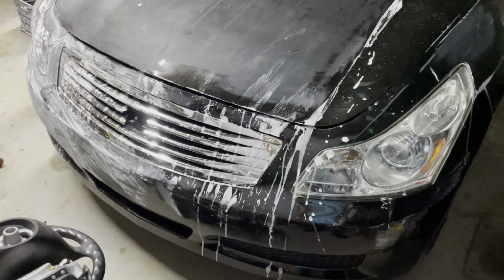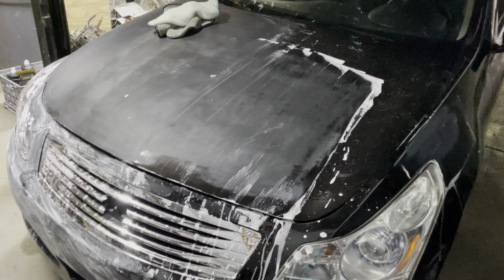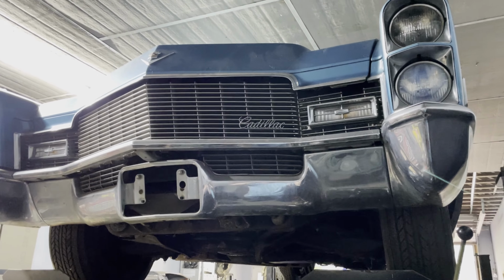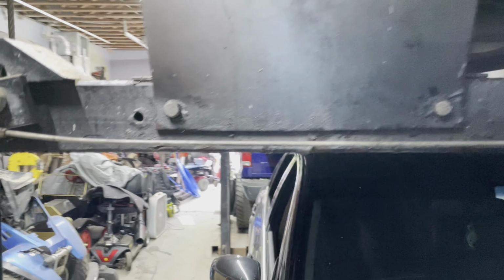In the 3 years since I have filmed this, so much has changed. My work has gotten better, and I'm finally able to put the effort into my YouTube channel that I've always wanted to. Take a look at my dad's 68 Cadillac Coupe de Ville. That's going to be featured on the YouTube channel along with a ton of other